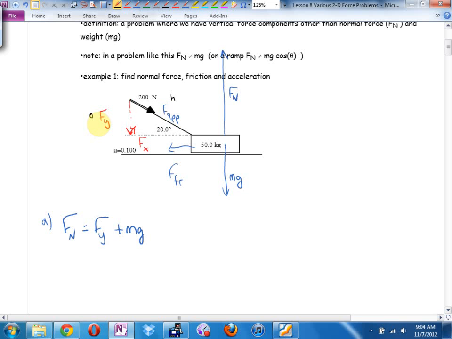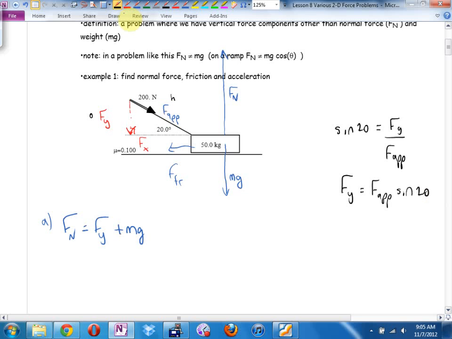In fact, I think here we can use our sine as y, but I wouldn't fall back on that too much because that's not always going to work in this unit, because what if your force is at a slant and the ground is at a slant, but a different slant? Okay, then you got to be way more careful. But I'm pretty sure I would end up over here going sine of 20 equals opposite over applied. I think Fy is going to be the applied force times the sine of 20,